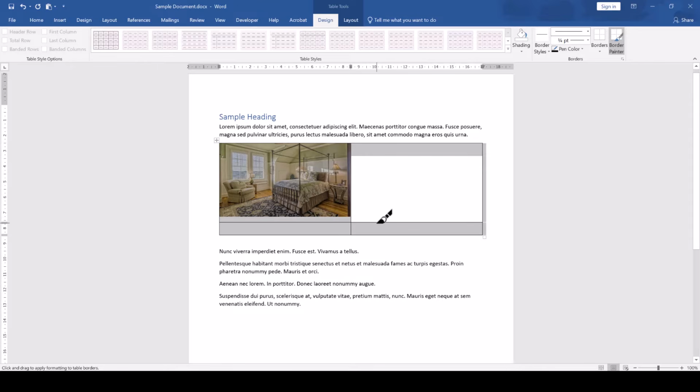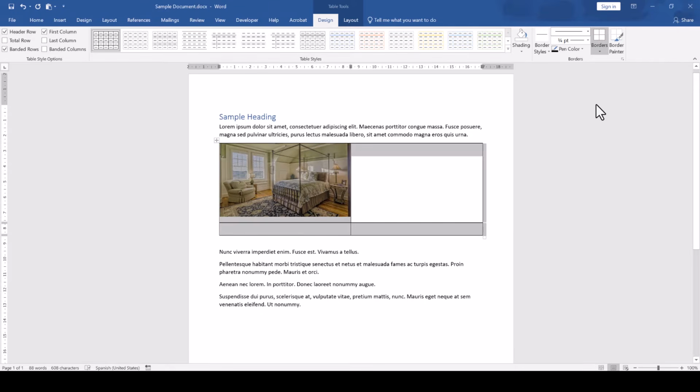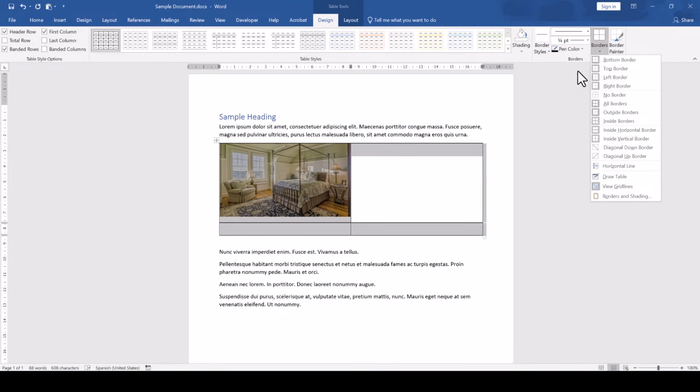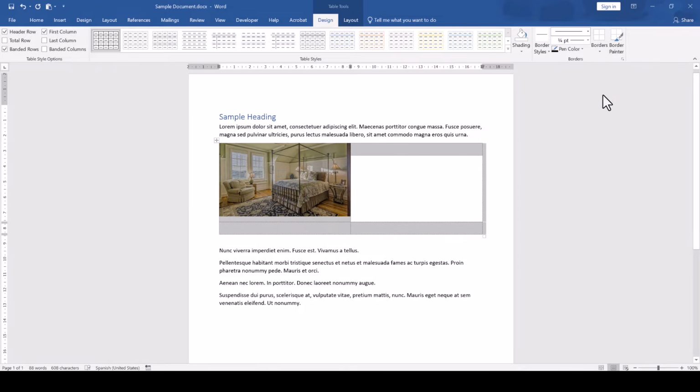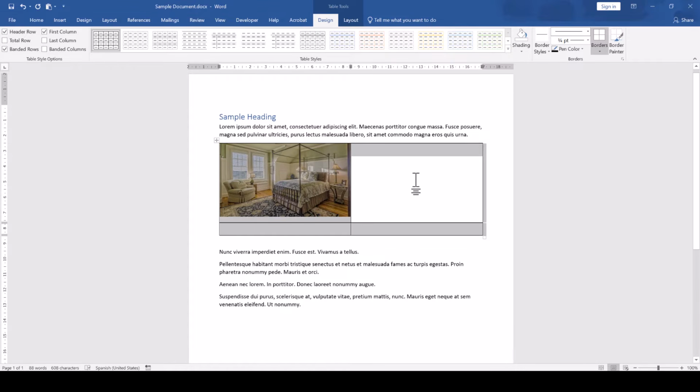But since we want to do this in a more efficient way, we deactivate it by clicking on it or pressing the Escape key. To change all borders at once, we click on the little arrow below the Borders button and select All Borders. Of course, if we don't want any border at all, then we can also select No Border. Or if we want specific parts of the table to have borders, we can select a different option. With that, we have applied the best settings for an image table and we can move on to step 2,